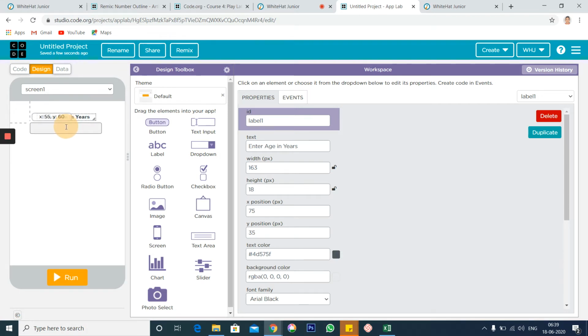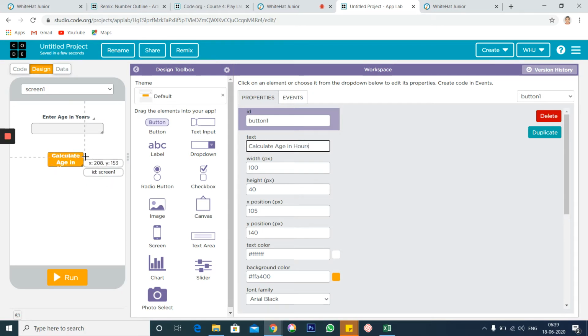That's done. Next, I want to calculate the age in hours. So I'm going to click on this button and change the text on it to "Calculate age in hours".